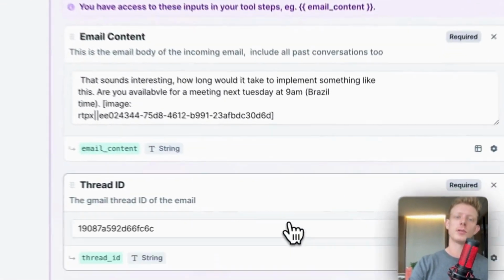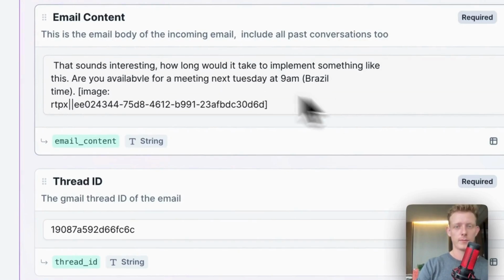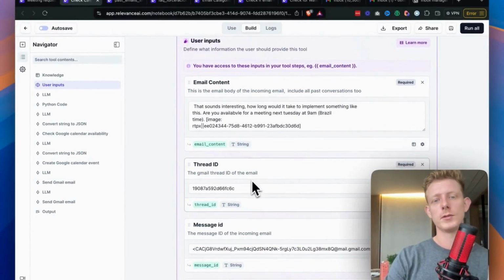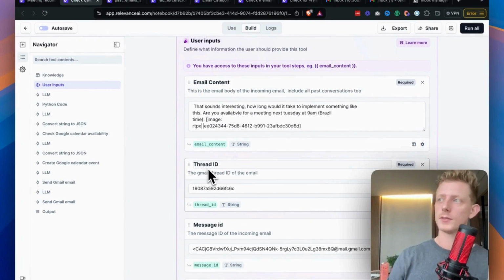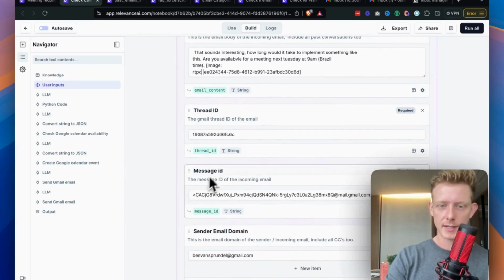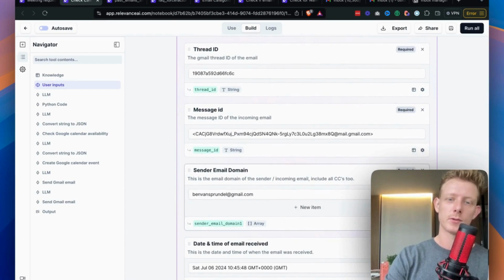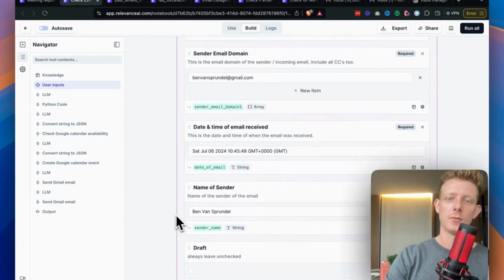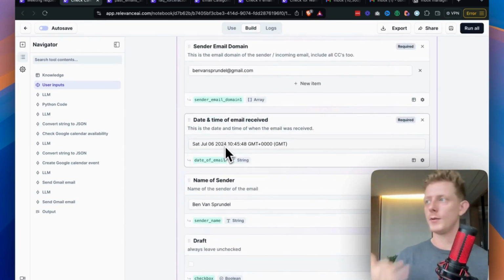So in this case, our user inputs are a lot more. We have the email content, of course, but we also have the thread ID, because we have to respond back into the same thread. So we have to send back the email inside of the same email thread. We have the message ID. We have the sender email domain, because of course we'll need that to send the email. We have the date and time of the email received. Why do we have that? Because,